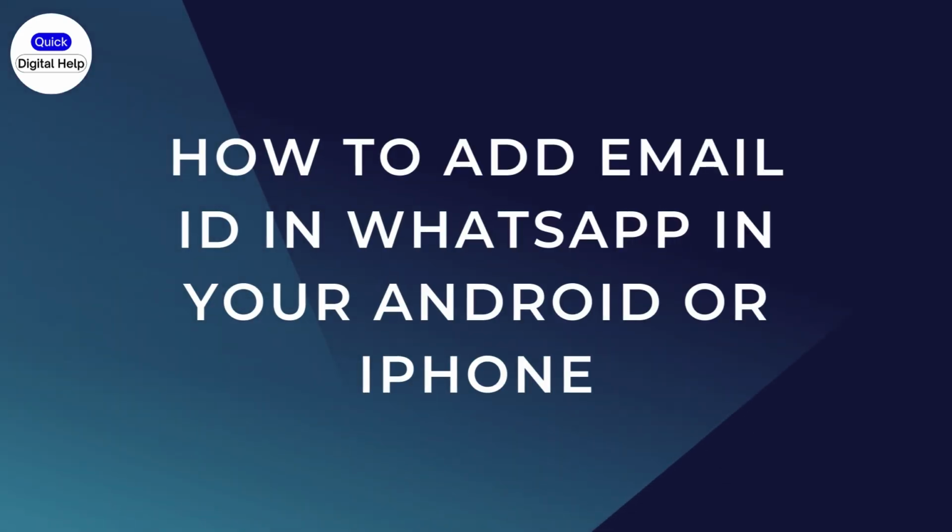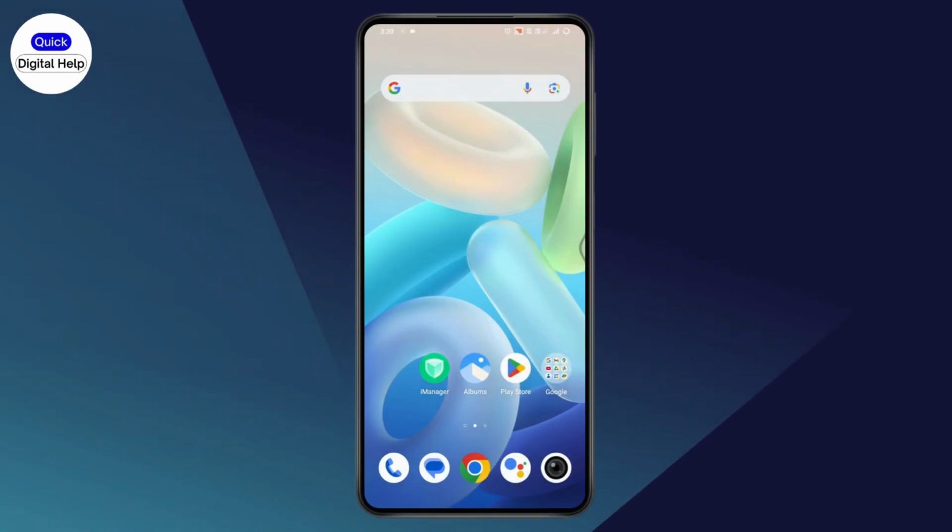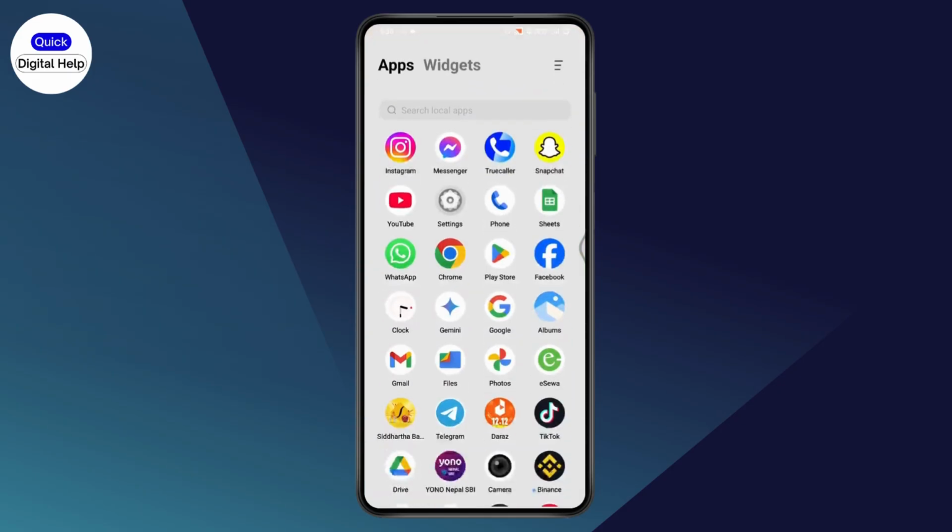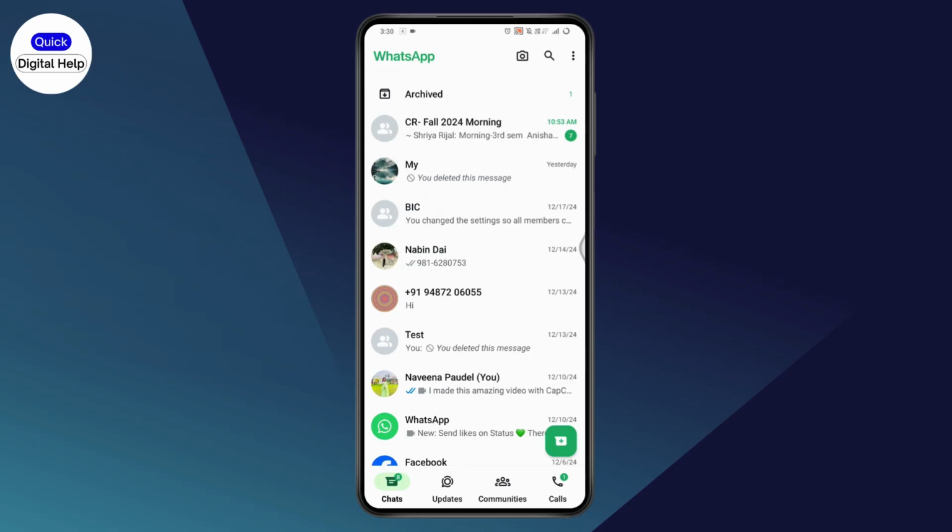How to add email ID in WhatsApp in your Android or iPhone. So if you want to add email ID in your WhatsApp on Android or iPhone, it's the same process. What you need to do is simply open up your WhatsApp application. Once you open up your WhatsApp, you need to go to the upper right, which has the three dots icon,